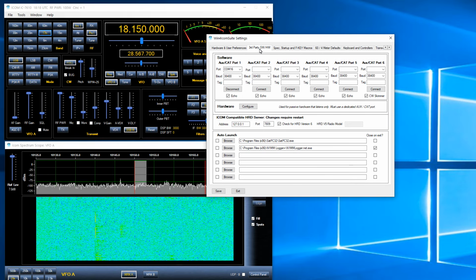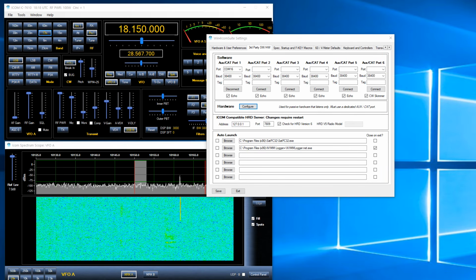How do you share this with other applications at the same time? Well, Win4Icom has built in 6 virtual radios. These radios operate independently of each other and share the main COM port of the radio. So you can connect up to 6 different applications here, as well as up to 4